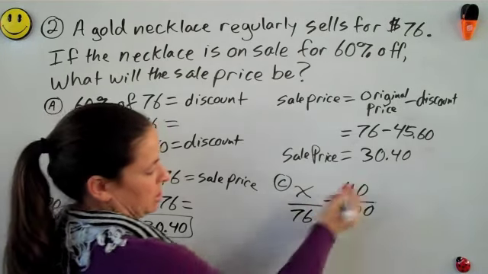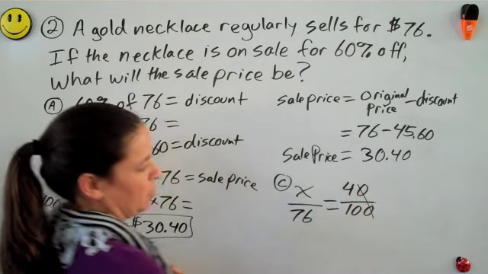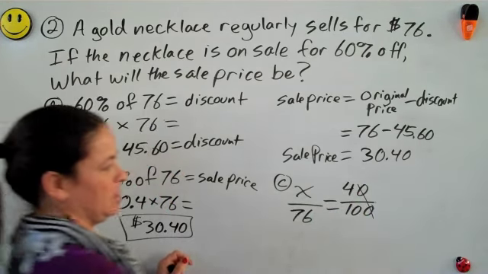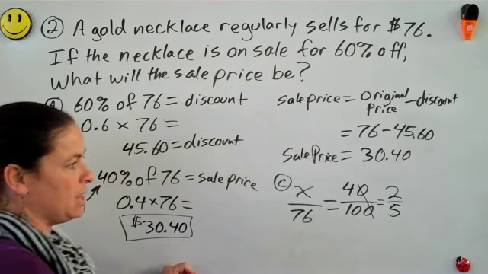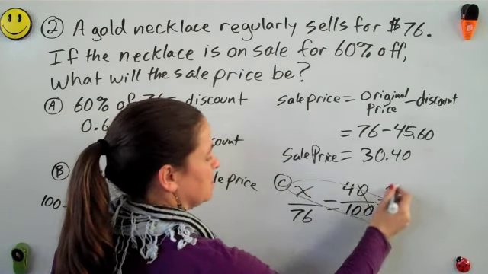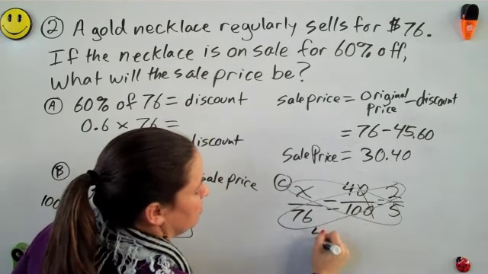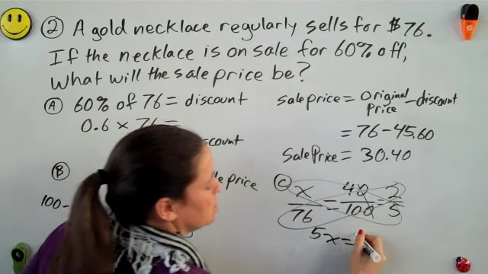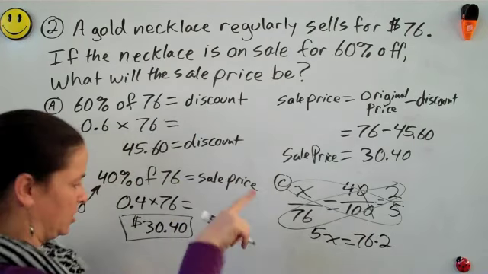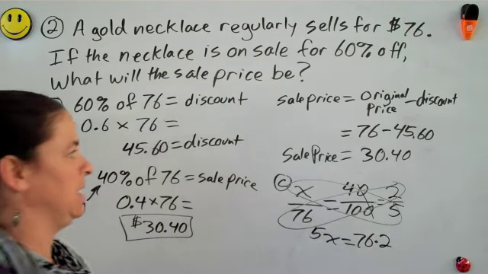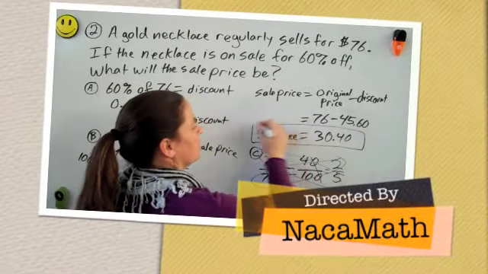I can simplify 40 over 100 and make it 2 over 5. Then I could do cross products: 5 times x and 2 times 76. So I have 5x equals 76 times 2. Finish it up, and I will end up once again with a sale price of